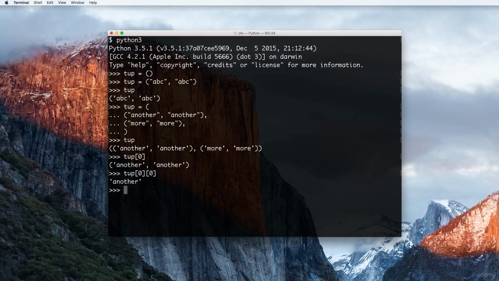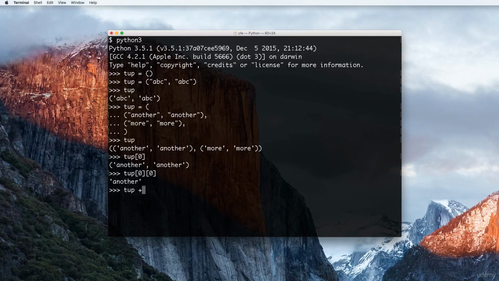But I honestly don't think this as a data type is used nearly as much as lists or dictionaries, although some developers really like using tuples. I just particularly don't use them that often, except for when it comes to, like I said, using it in the database. But as far as how it works,